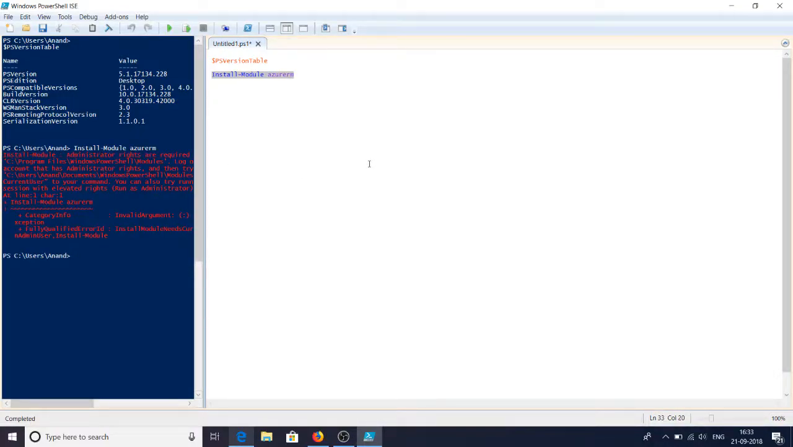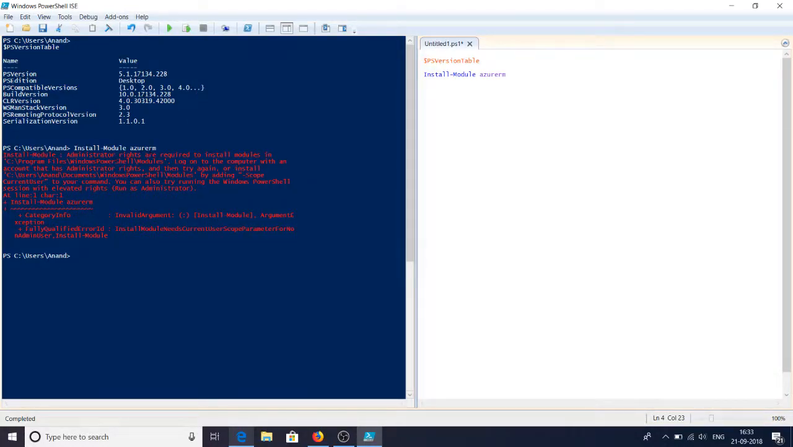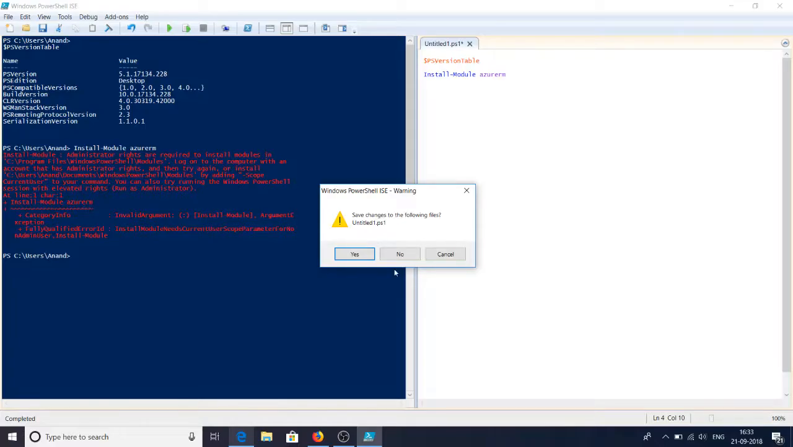I already have the AzureRM module installed, so it may not do that. But we got an error message that says that admin rights are required. Although I'm an admin on this computer, it will still ask for that because User Account Control is something that prevents people from installing stuff on your computer. That's an additional security measure that Microsoft has taken. So what you have to do